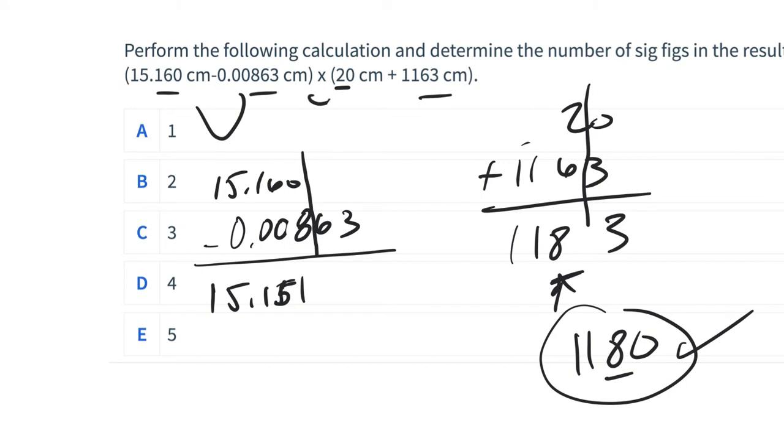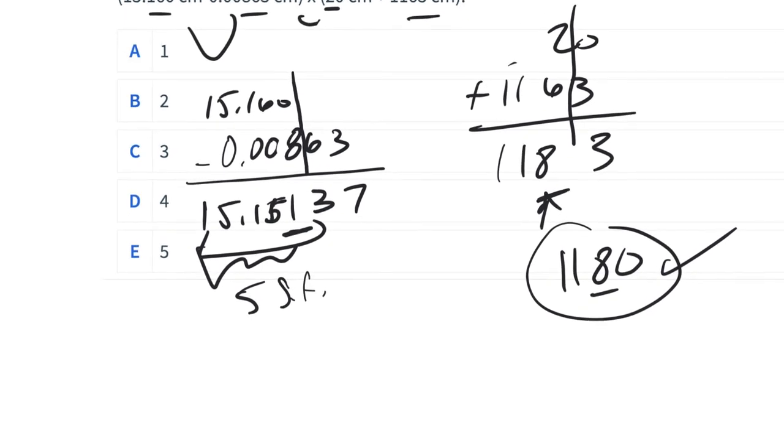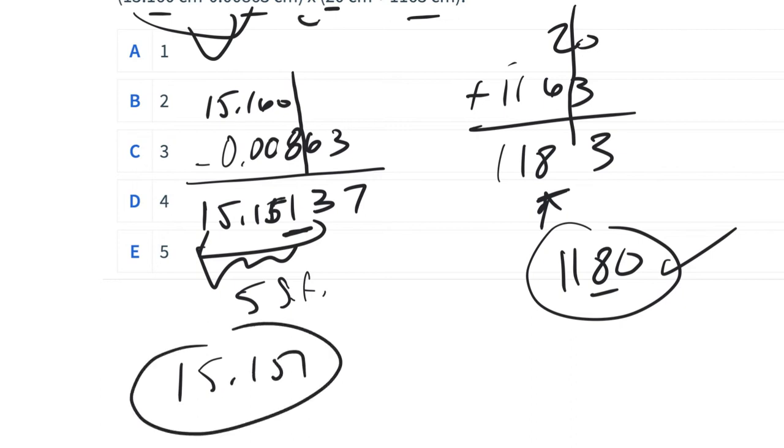So 11.151, and then the extra digits here would be 37. And so we'd be good here to the digit of 1. So we'd be good here to 5 sig figs. So if we're reporting the second step here, the second one that we did, I'd round this to 15.151. And so then when we're multiplying these together, we can either multiply them when we had rounded, or we can go back to the